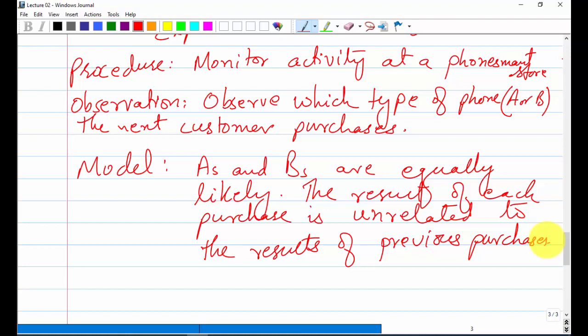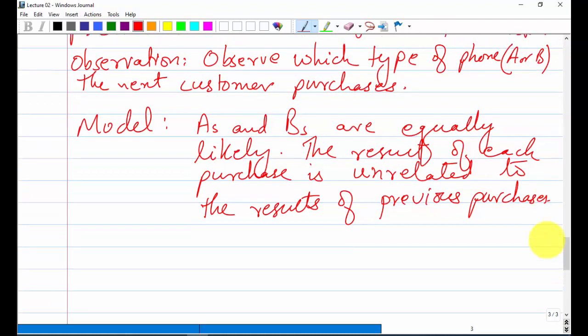Equally likely means that if a customer comes to a store, he or she can buy either an apricot phone or a banana phone. There is no restriction that if one customer has bought an apricot, the next one will buy the apricot or maybe banana. So there is no restriction. So all the customers can buy apricot, or the customers can buy banana phones, or a mixture. So there is an important note here,